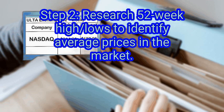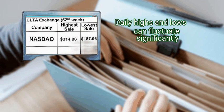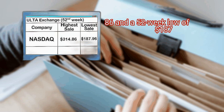Step 2. Research 52-week highs and lows to identify average prices in the market. It is generally recommended to sell high and buy low, but it can be hard to understand what the high and low points are for a certain stock. Daily highs and lows can fluctuate significantly. You will get a better idea of the stock's value from the 52-week high and low. For example, let's say Alta has a 52-week high of $314.86 and a 52-week low of